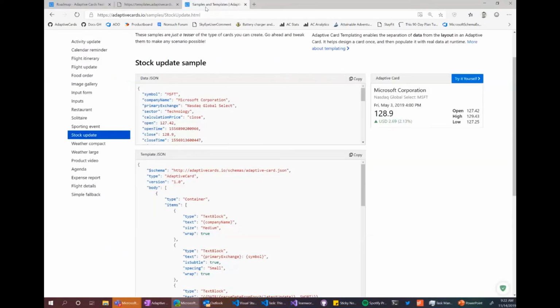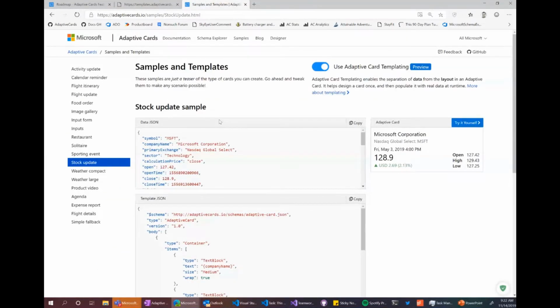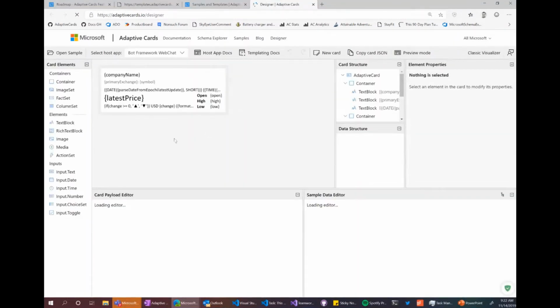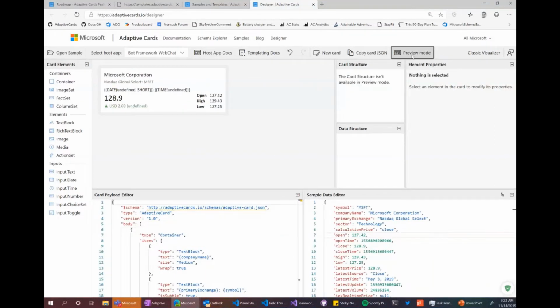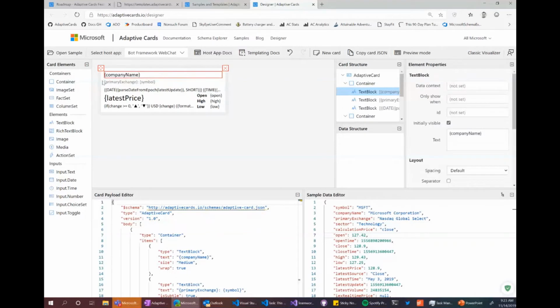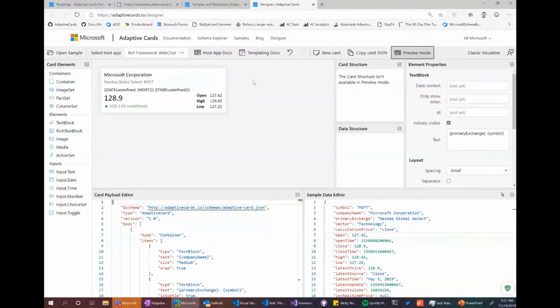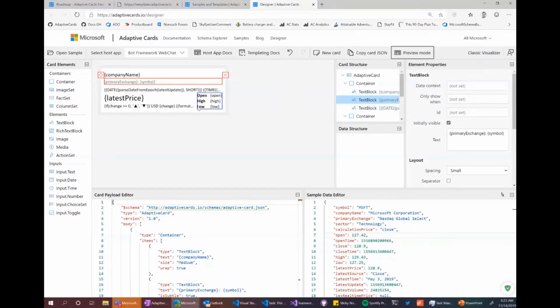So the point in all that is templating is more approachable now. You can click try it yourself at adaptivecards.io, and it will load up the template along with the sample data. If you click on preview mode, you will see that it applies the template. So instead of showing the curly brace tokens there, you can apply it. David on the call is working on some fantastic improvements to this binding experience.